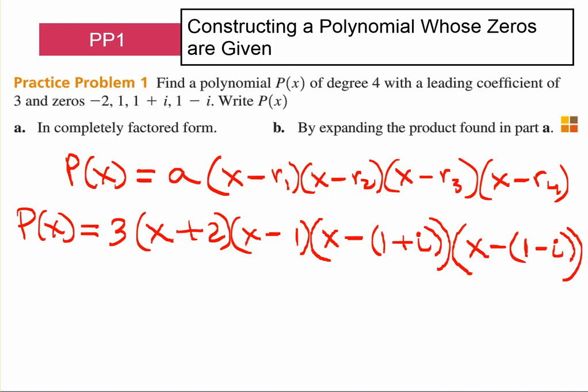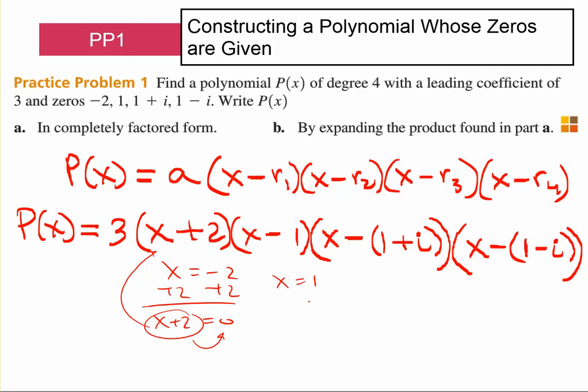Why did we write it like that? I think the algebra textbook that we use probably gave a little better illustration here. If you know that x is equal to negative 2, there's my factor, my multiply that gets me the 0. Same thing here: x is equal to 1. If we subtract 1 from both sides, that gets me this. There's my factor. If I know that x is equal to 1 plus i,